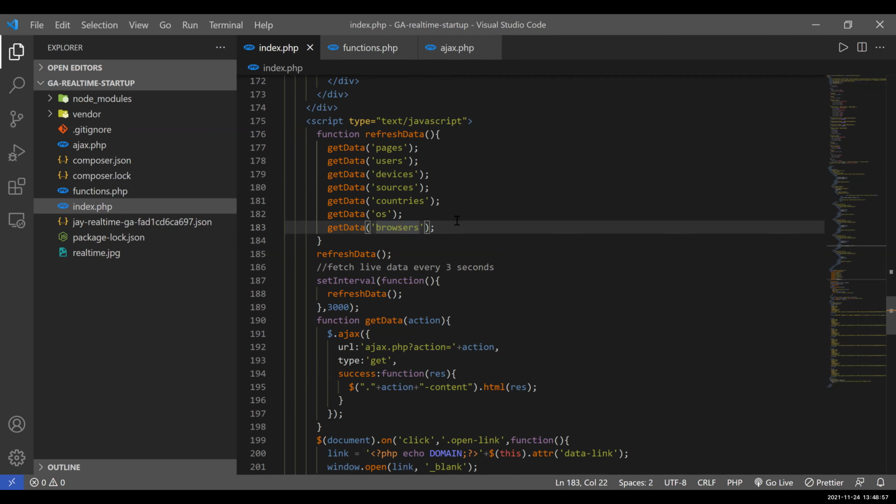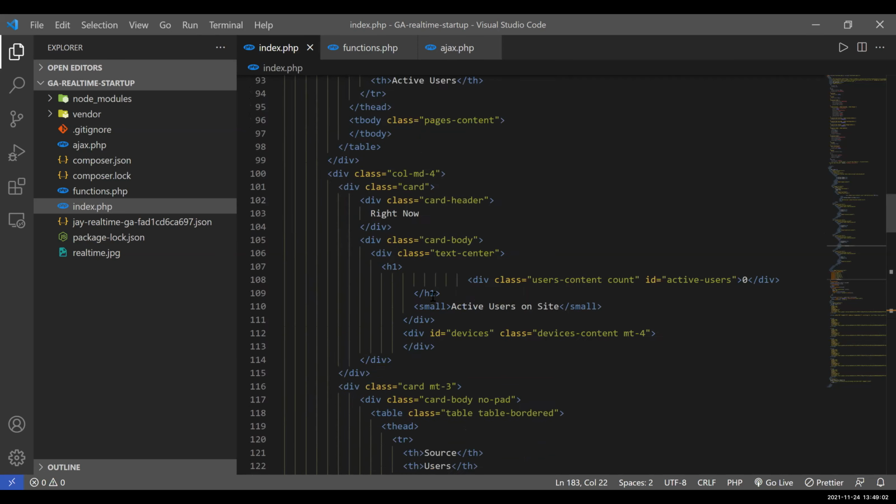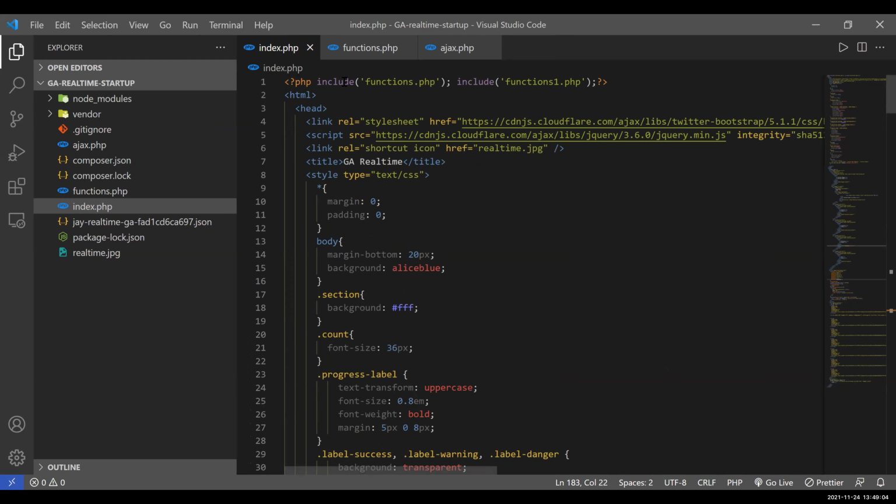So you no need to call the function.php. I have on top include functions PHP. Oh, okay. So this is a page. Then function one, this one I can delete it. Yeah. Okay.